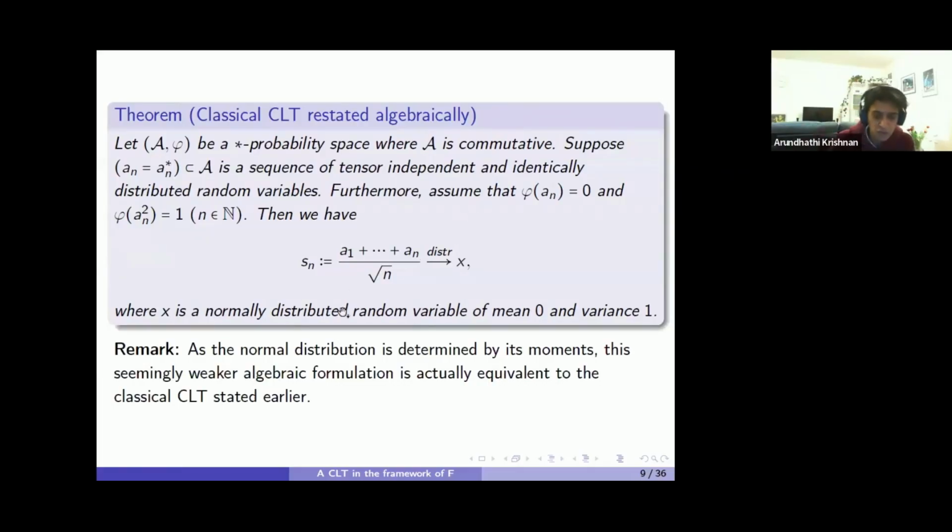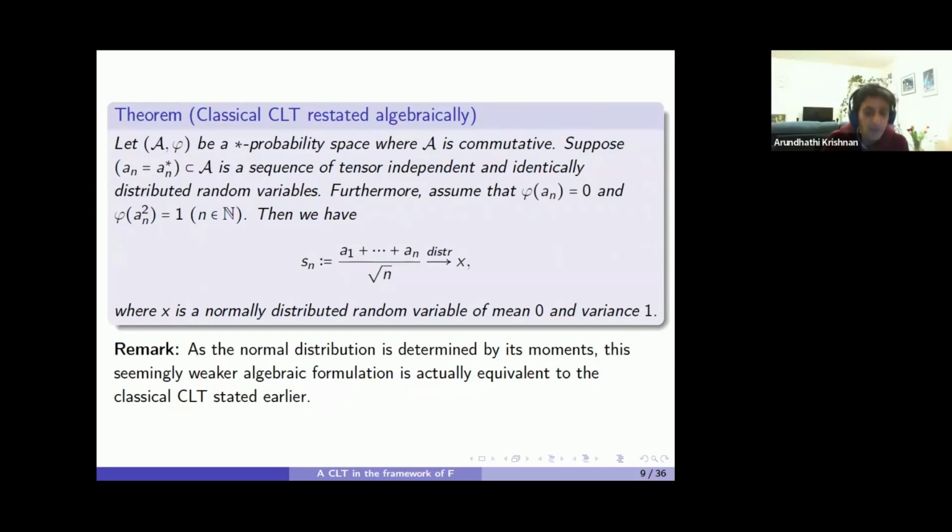this formulation of algebraic convergence in distribution might seem like a weaker condition than convergence in distribution as we know it in classical probability. But the normal distribution is actually completely determined by its moments. So it's enough to know convergence of moments to say that you actually have convergence in distribution. So this is just to say that what has been stated here in this algebraic setting is equivalent to the